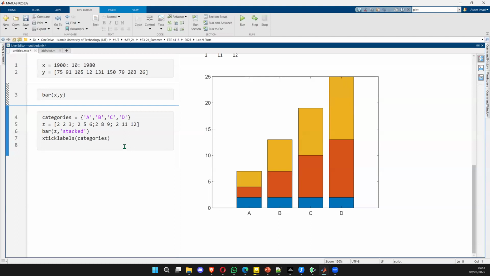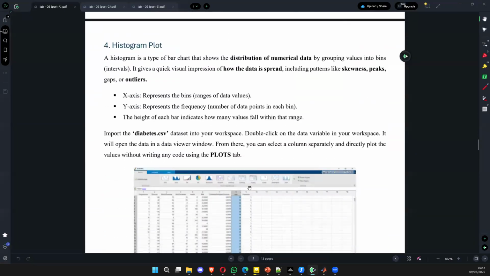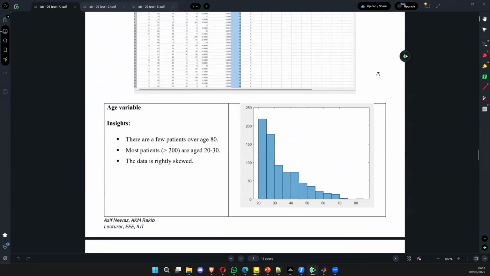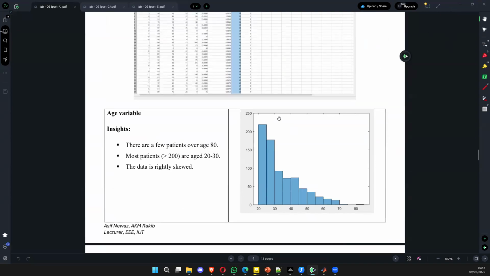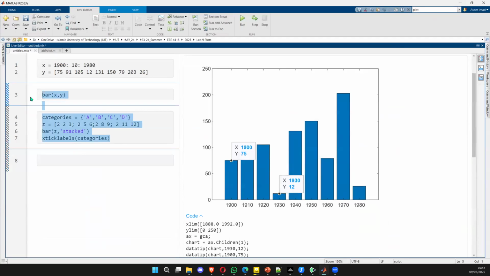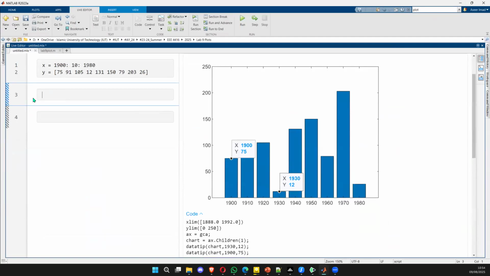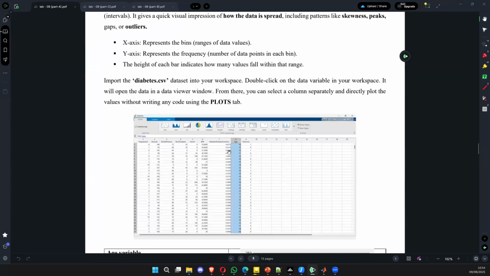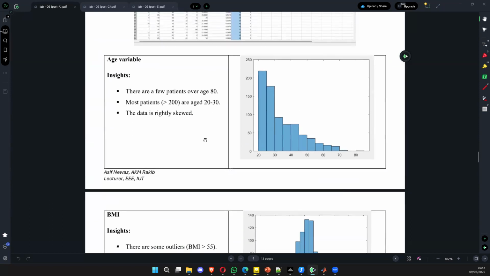Now we have this histogram. I'm sure it was histogram. Yeah, histogram here. Okay. Now what happens in a histogram? So histogram actually shows you the distribution of this numerical data. Okay, so it shows you how the data is spread. So for example,